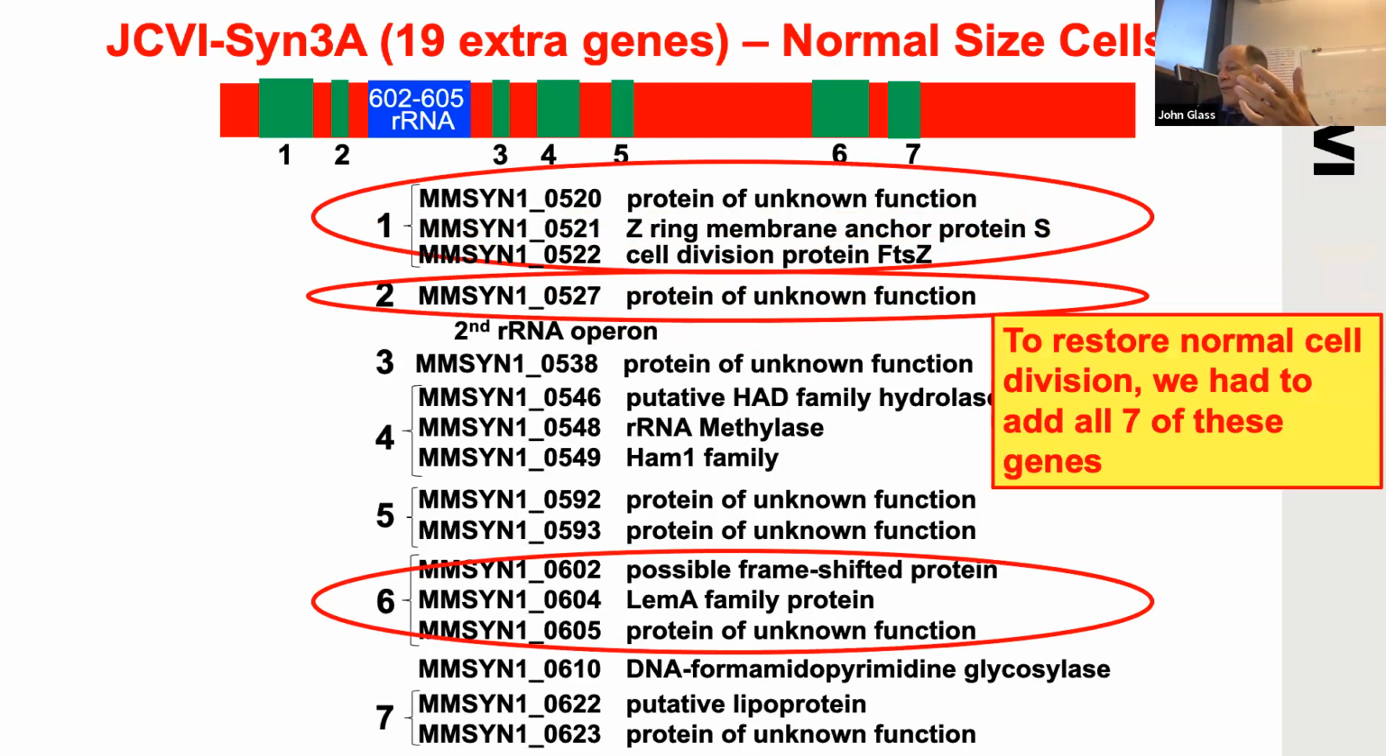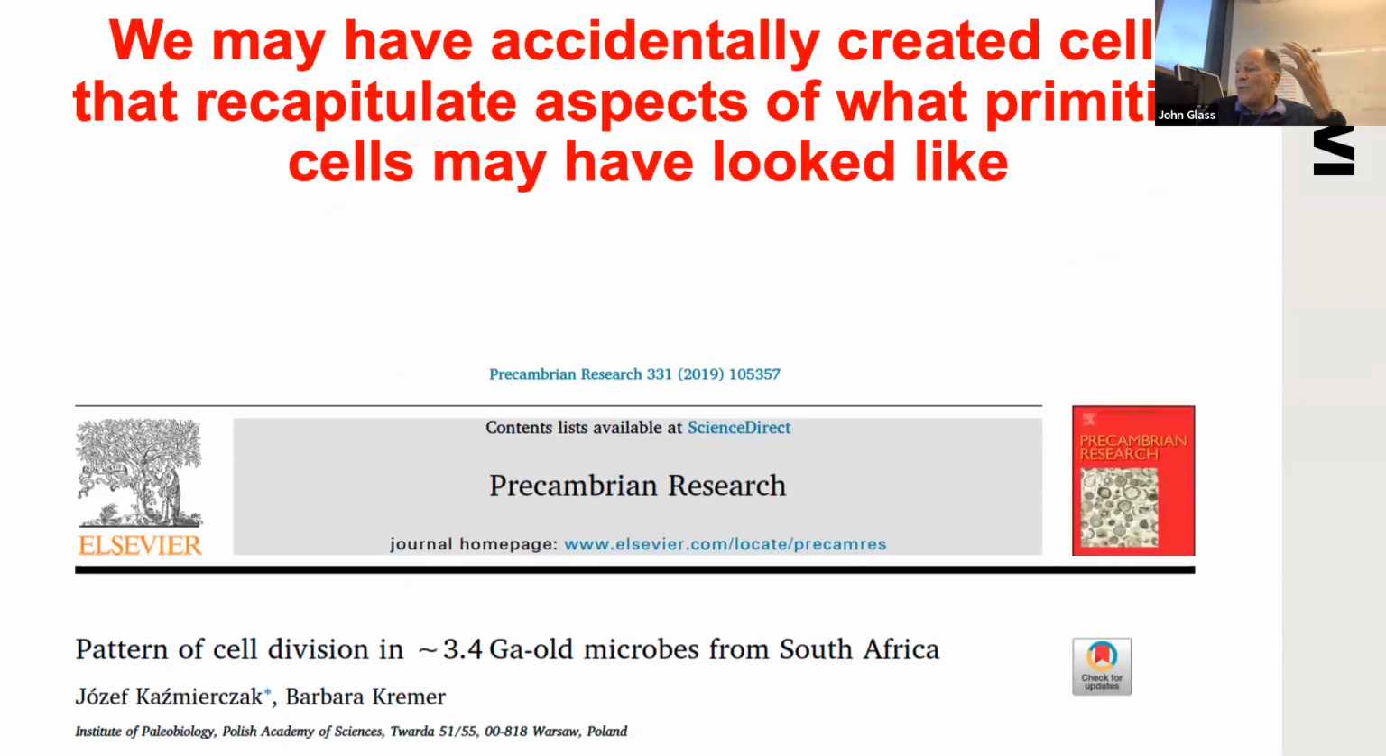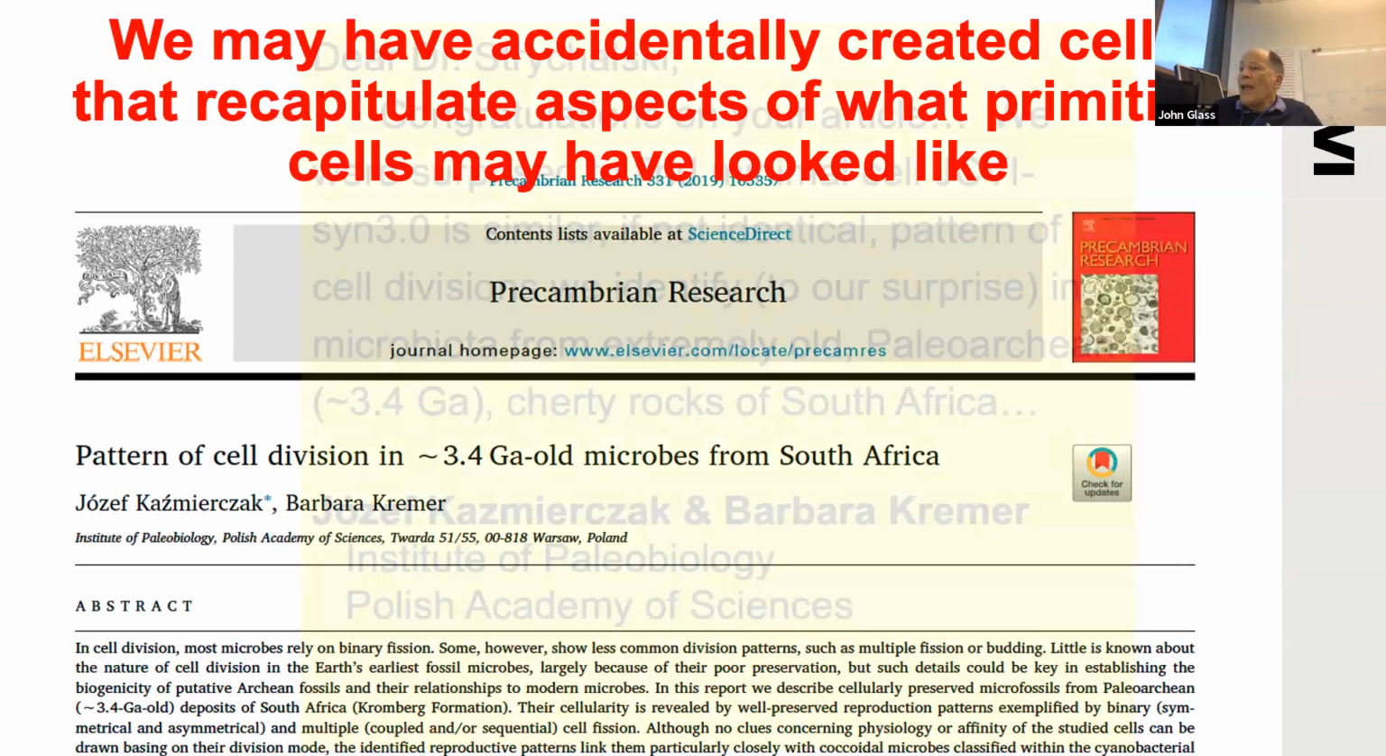And 5 of them, we didn't know what they did. And so we are working now to try to understand this process. But we also realize that we may have accidentally created cells that recapitulate aspects of what primitive cells may have looked like. And this is when we got an unexpected note from a couple of